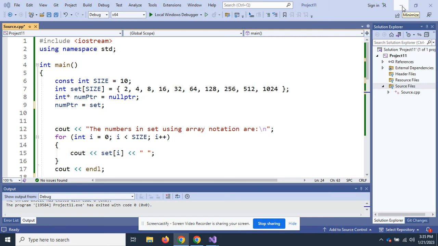All right, this is video 3 on the use of pointers. This is pointer arithmetic, and we're still dealing with arrays. Arrays and pointers share a lot of things in common. All right, in this code,